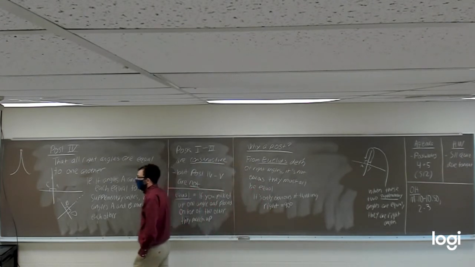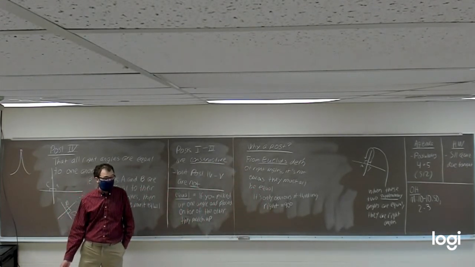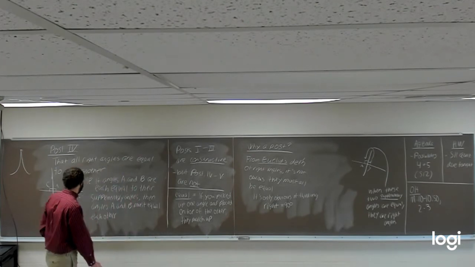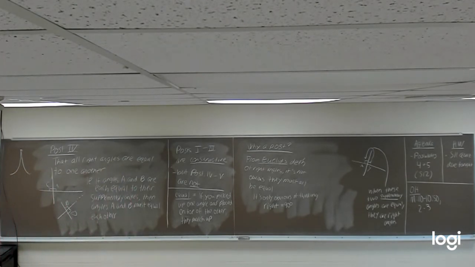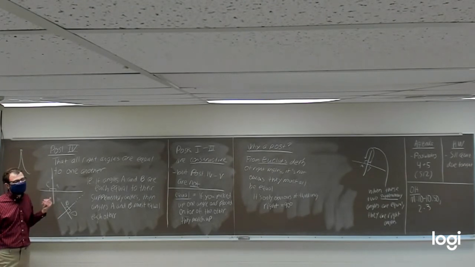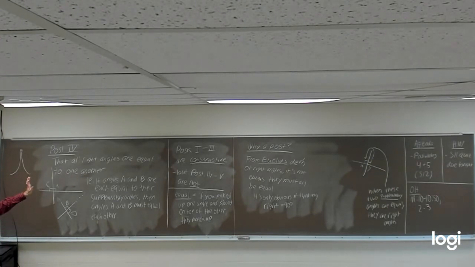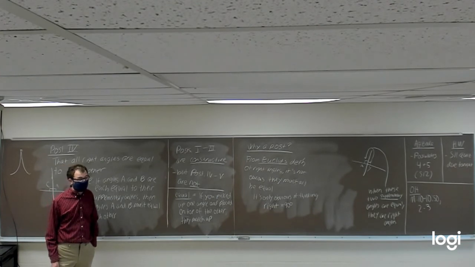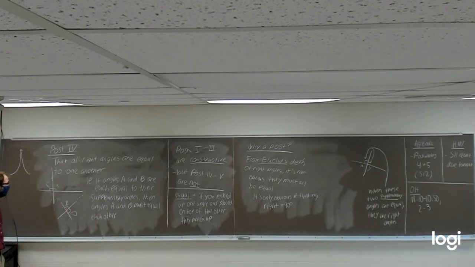And postulate 4 is actually going to be one of the ones that Euclid relies on the most, and that lots and lots of his propositions all relate to angles. Other than postulate 5, which Euclid uses a lot less than the first 4, postulate 4 is the only one that we have so far that has anything to do with angles, so to speak. 1, 2, and 3 talk about how you can construct lines and circles, but postulate 4 is going to be the main postulate that Euclid uses whenever he wants to talk about propositions that use angles in some way, such as